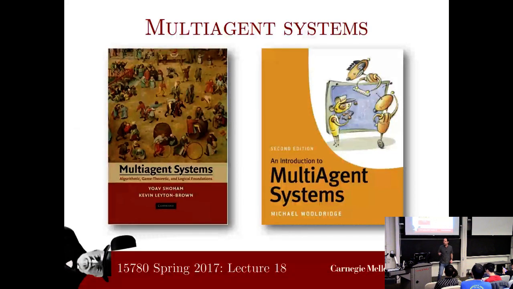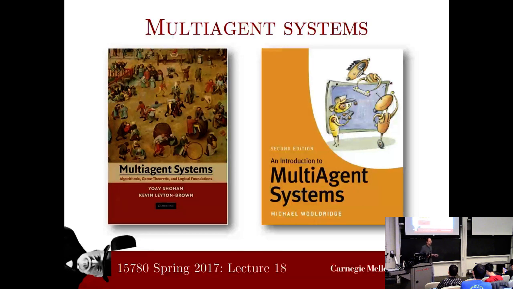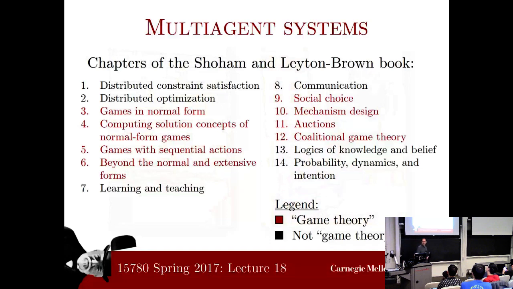in multi-agent systems. So these 2 books are, I would say, the 2 most popular books in multi-agent systems. One is a book by Yoav Shoham, who's a professor emeritus at Stanford, and Kevin Leyton-Brown from the University of British Columbia. The other is by Mike Wooldridge from the University of Oxford. If you look at the table of contents of the book by Shoham and Leyton-Brown, it has 14 chapters, and 8 of them are on game theory or social choice. Okay, so you can see how these areas feature within multi-agent systems very clearly in this table